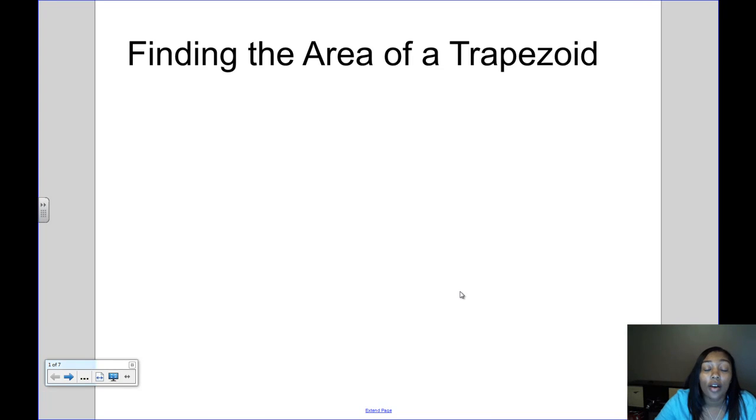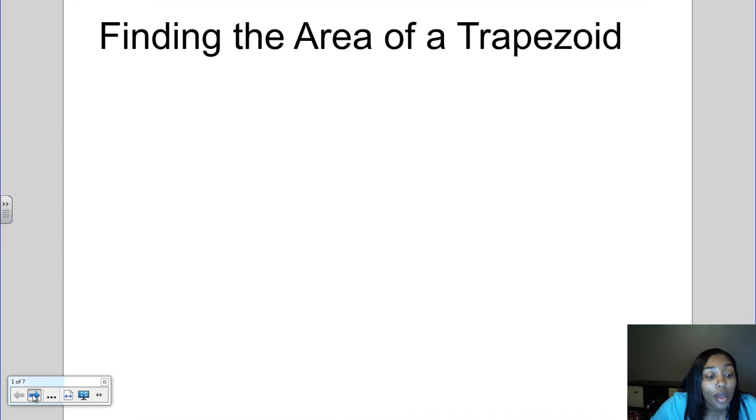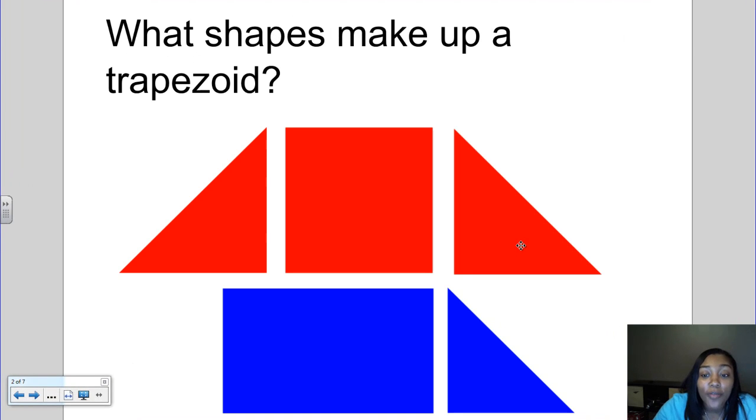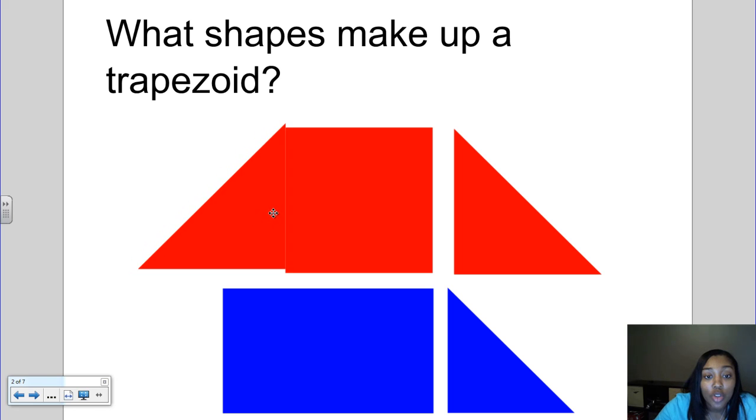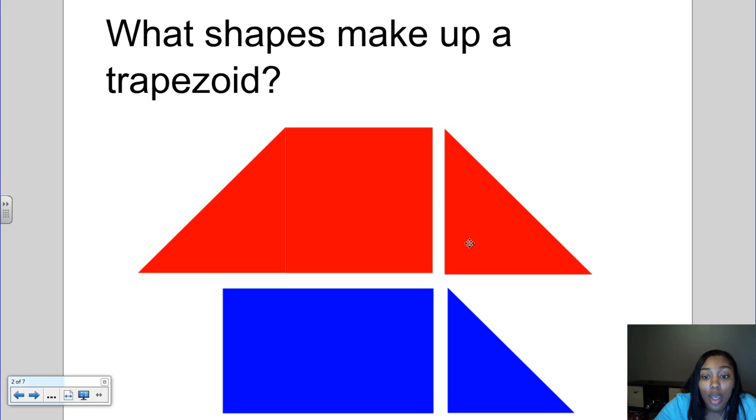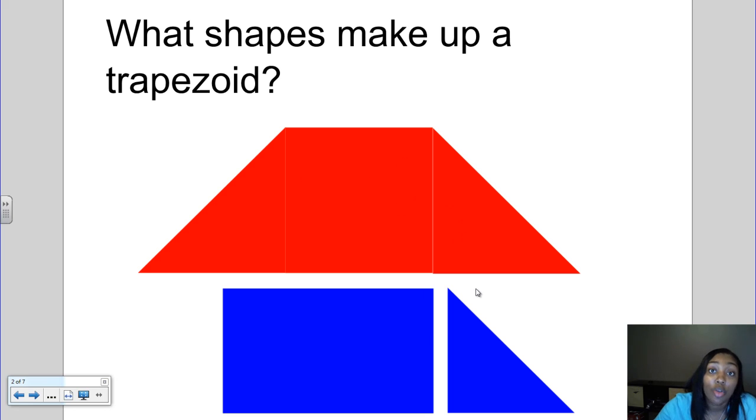So today's video is about finding the area of a trapezoid. Let's first look at what makes up a trapezoid. A trapezoid is made up of two triangles and one rectangle. If I were to take two triangles and put them together with one rectangle, it's going to create a